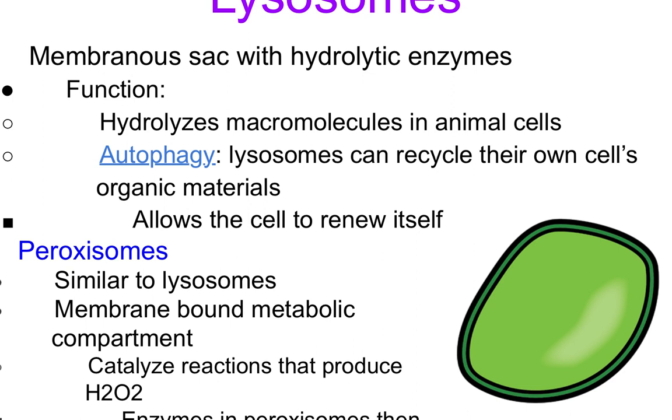Another organelle, peroxisomes, they're very similar to lysosomes, but the membrane-bound metabolic compartment does something different. It actually works as a catalyst. It catalyzes reactions that produce H2O2, which is peroxide. So enzymes in the peroxisomes break down H2O2, from that peroxide to